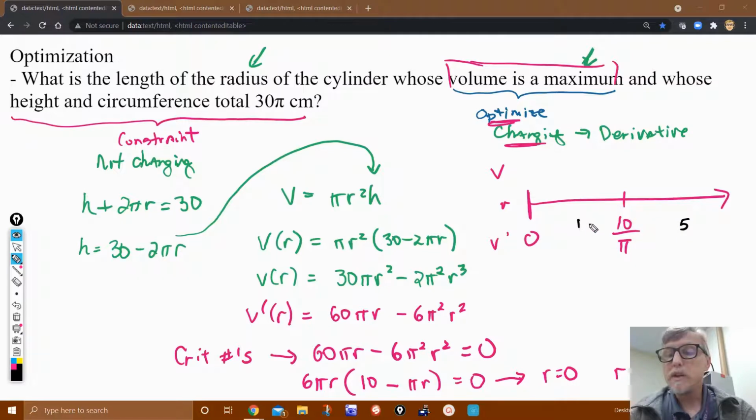So this would be 10 divided by 10, right, which is smaller than 10 divided by pi, and this would be 10 divided by 2. So I think we're safe to choose 1 and 5. Okay, let's put 1 into our